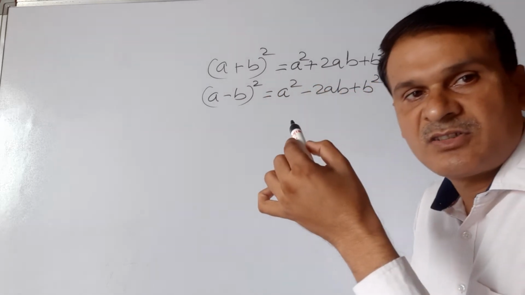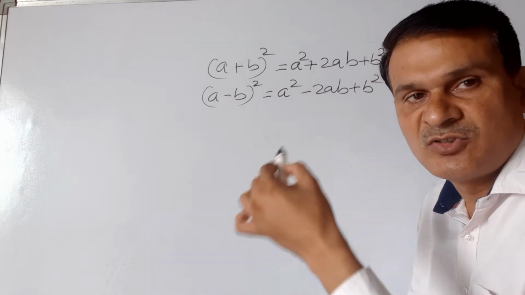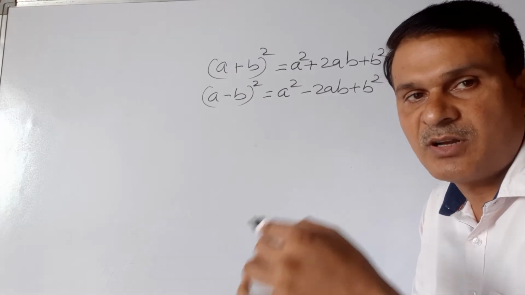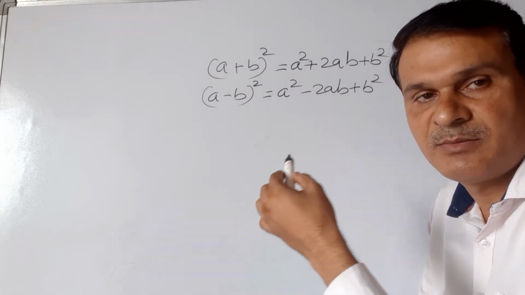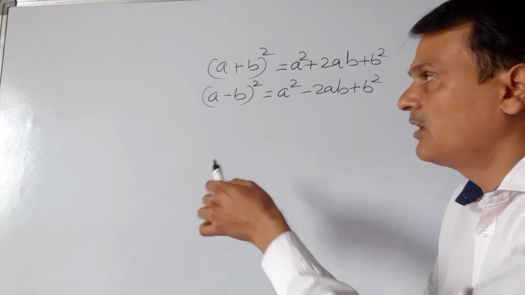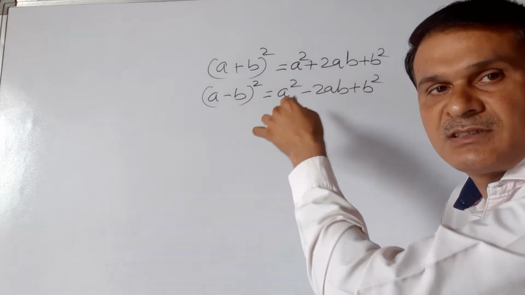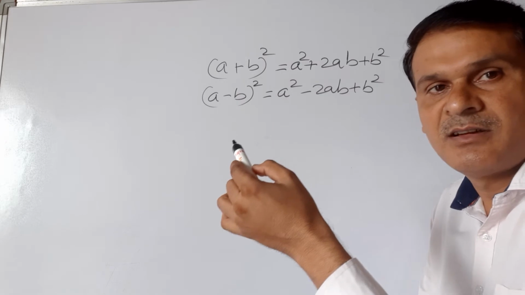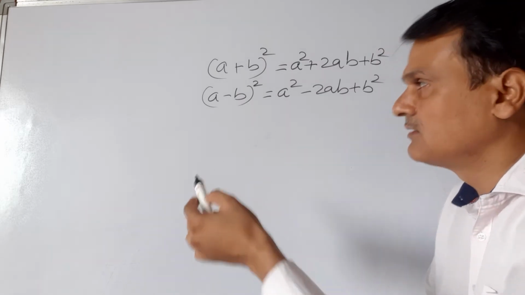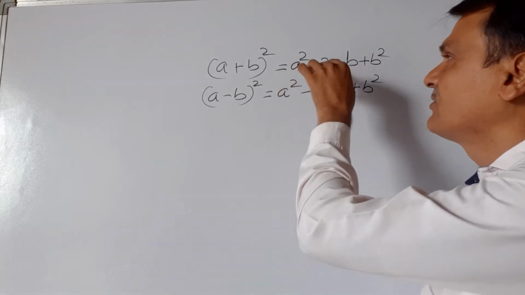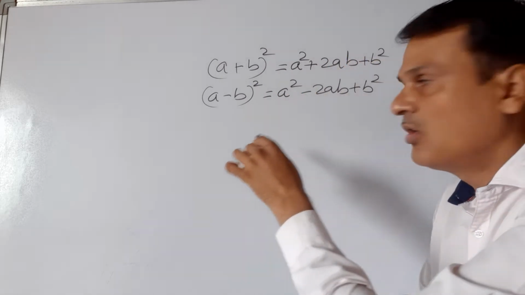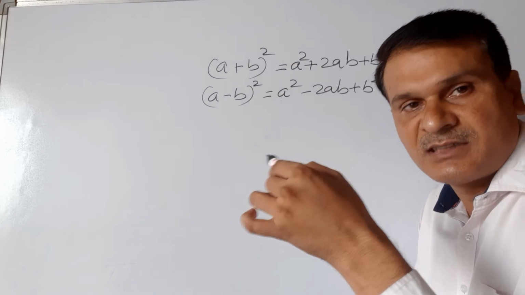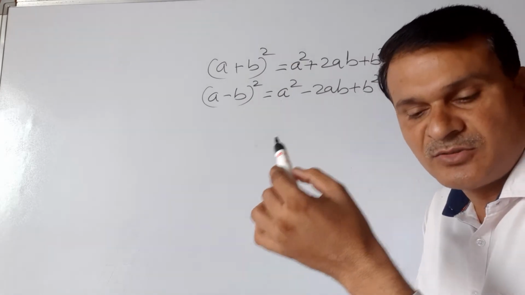We will try to find out the solution of a quadratic equation by the method of completing the square. For that, we will rearrange the given equation in the form of one of the standard identities. So, for the rearranging, we have to set the equation in the form of a² + 2ab + b², or a² − 2ab + b². Let's understand with the help of one question.